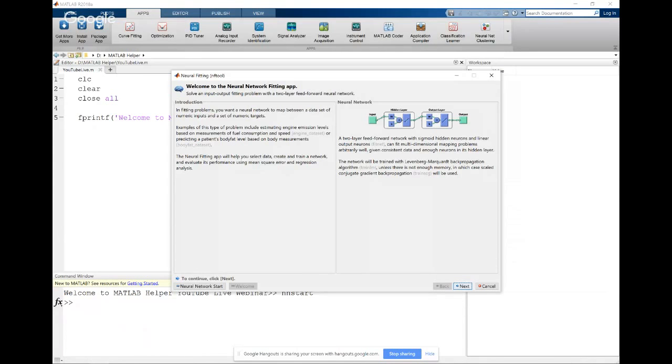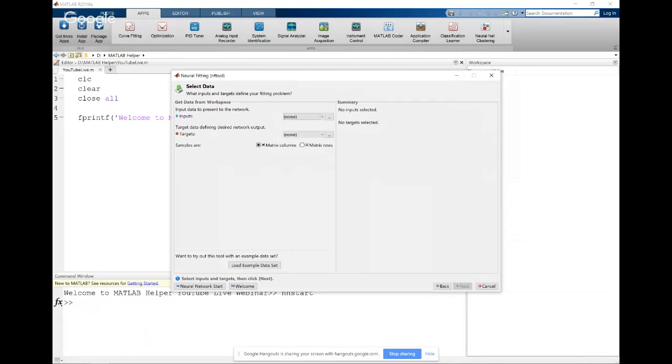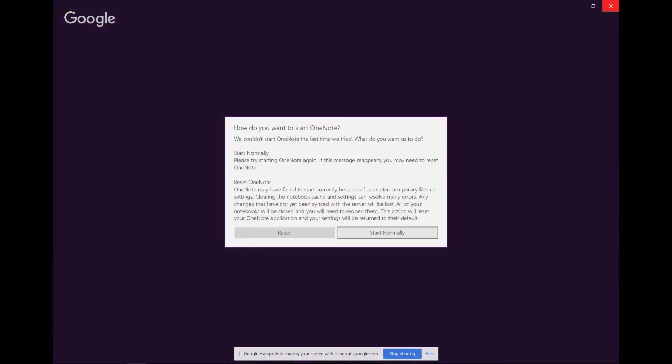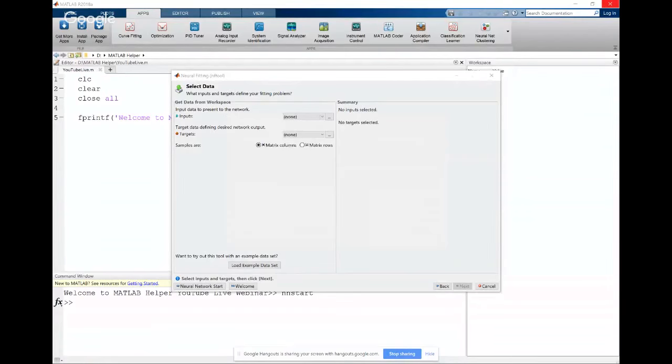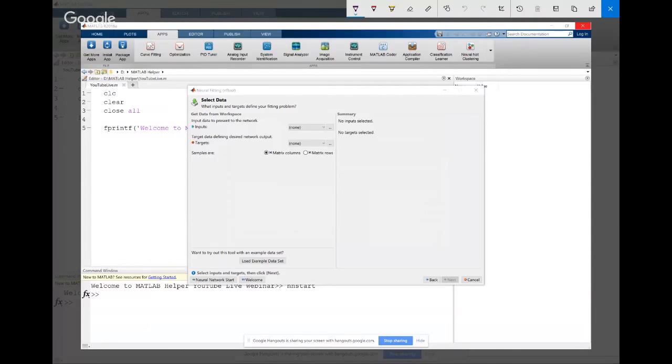This is the neural fitting panel, the welcome panel. We'll just click on the next button over here. On clicking the next button, you can see this is the select data panel of the neural fitting or NF tool. We have to give inputs and targets. We have to add the inputs in this place and the targets at this place.